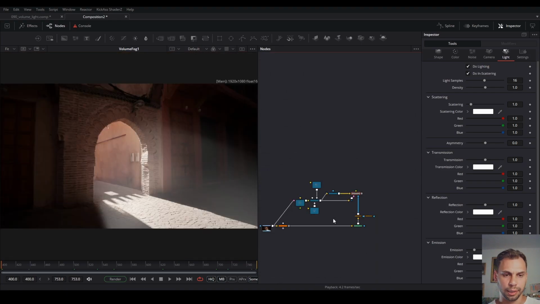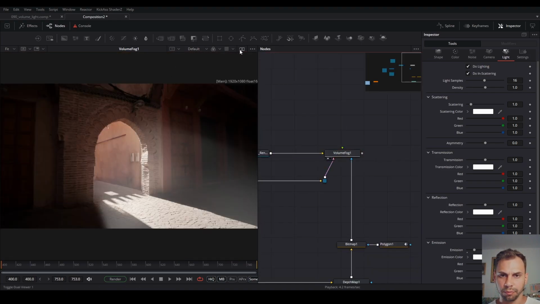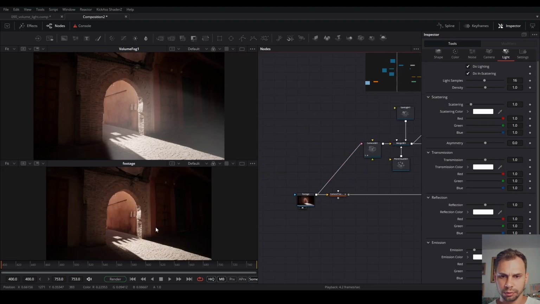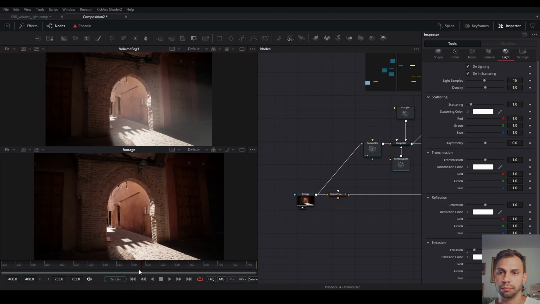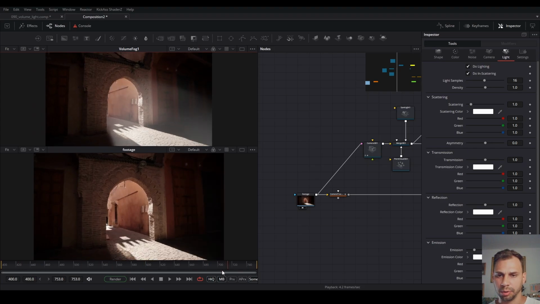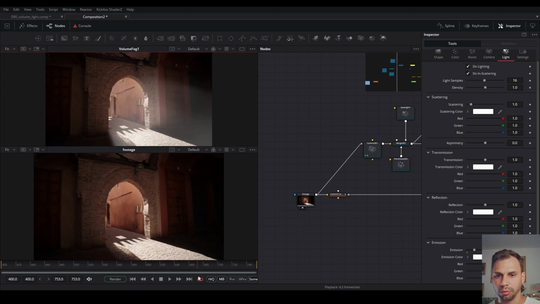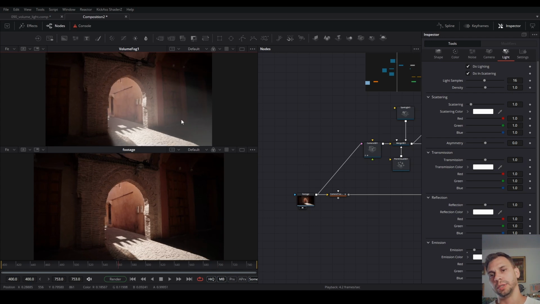So here we go, and let's see before and after. Yeah, we added this nice volume light effect for, I don't know how much time we spent, but not much. Absolutely, that's less time than if we would render this